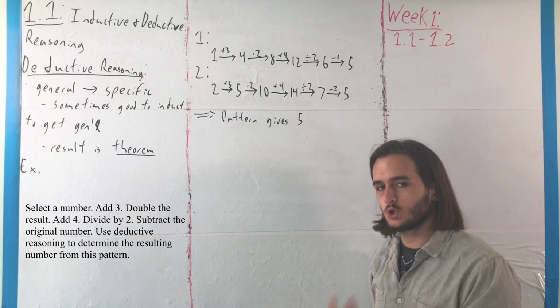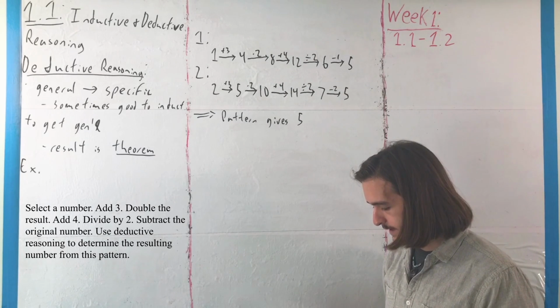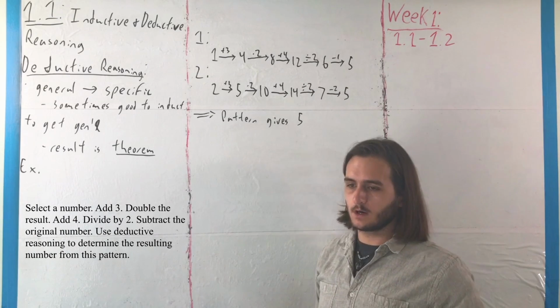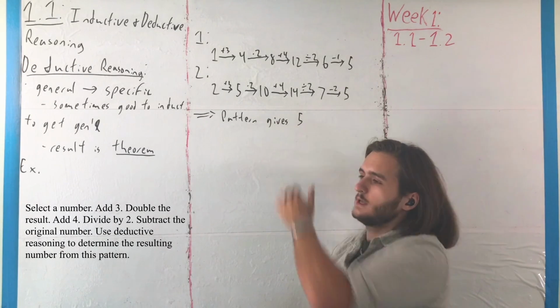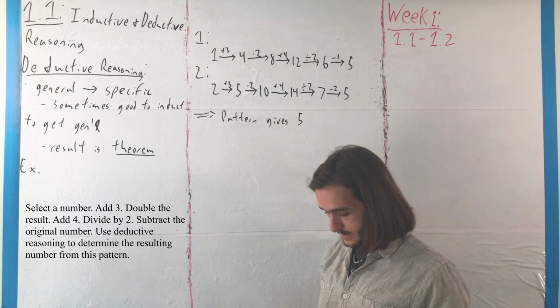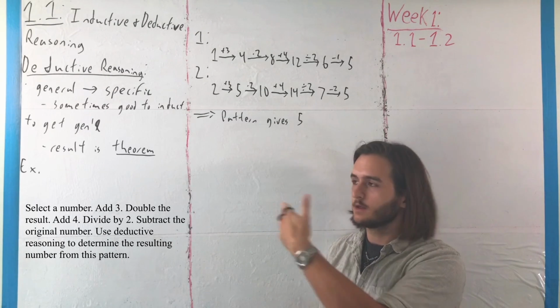Similarly for 4, you should again get 5. This is kind of the result we get from our induction. That we've taken some specific cases and we get some general information about the pattern that it should give back 5. And then from there, if we want to be a little bit more sure about this, get our theorem,